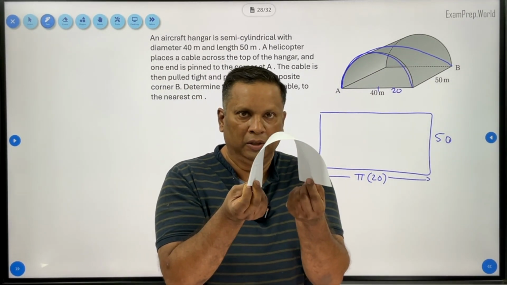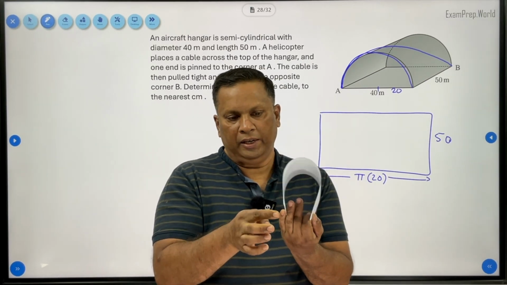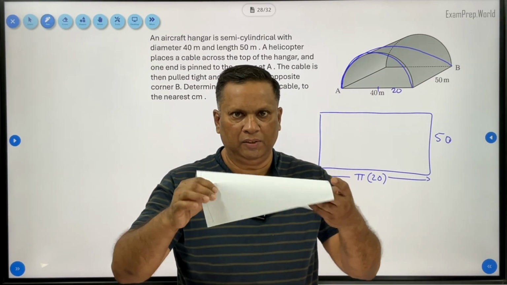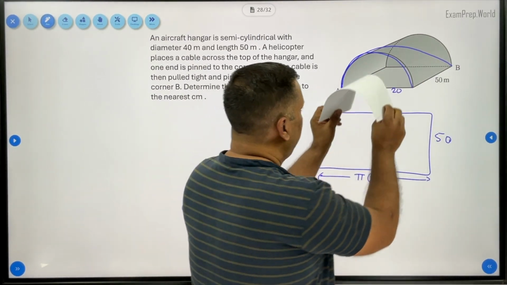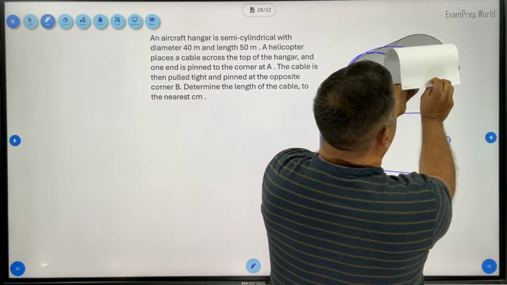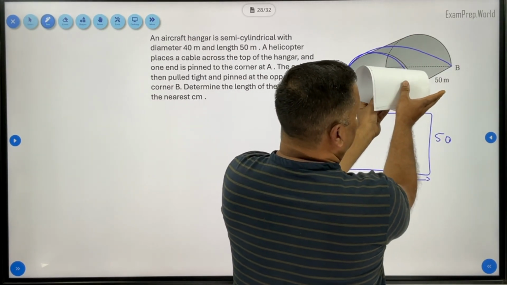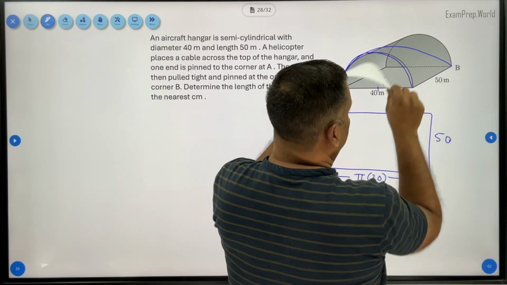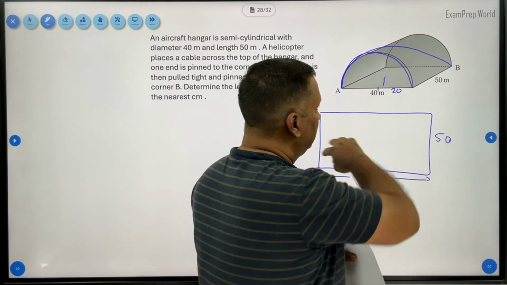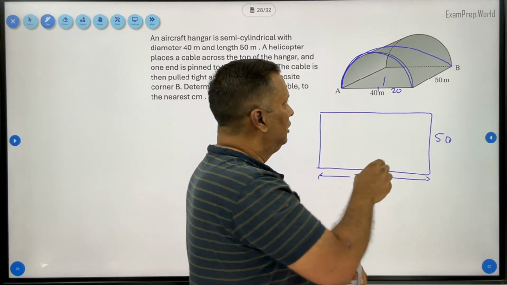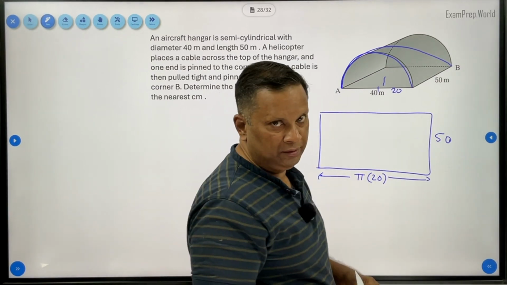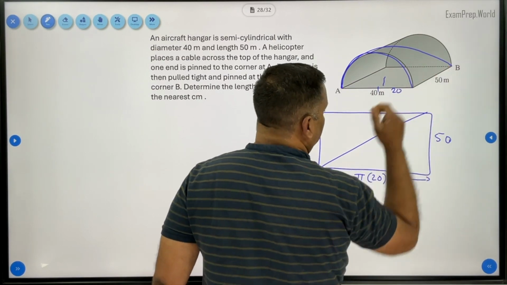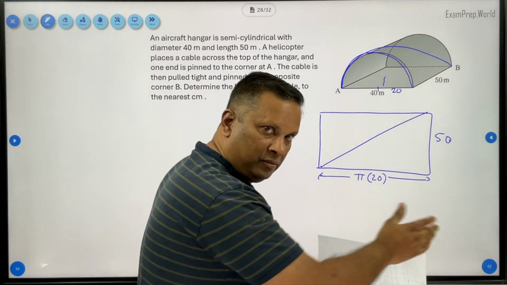Look at this paper. This is the dome. They are trying to put a cable from here to here. So when you open the dome, basically it's a flat rectangle, right? So if I keep it here like this, see, this part is 50, the width is 50, and this part is the circumference of the circle. So we have the radius. 2 pi r is the circumference for the whole circle, it's only a semicircle. So it is pi times 20. Now what is AB? AB is nothing but the diagonal of this rectangle, the diagonal of the sheet, right? So